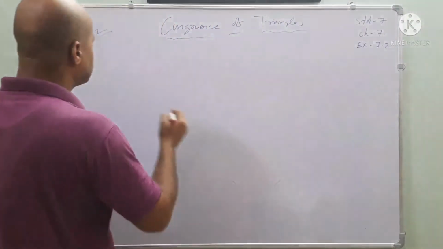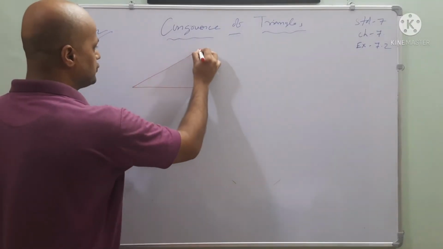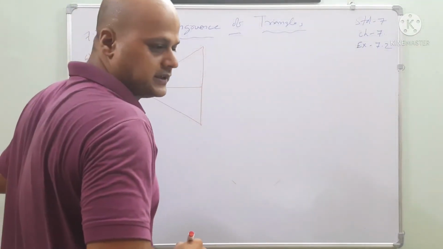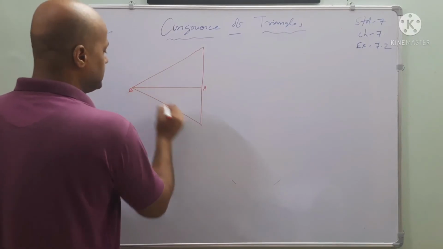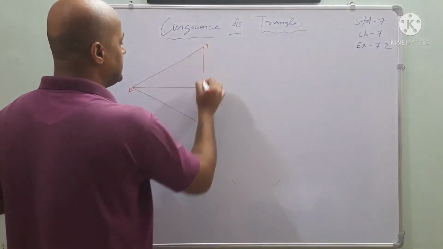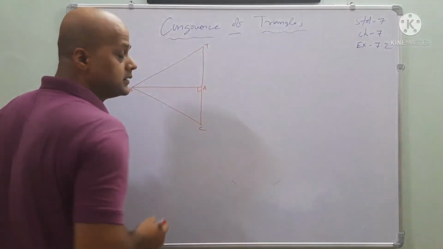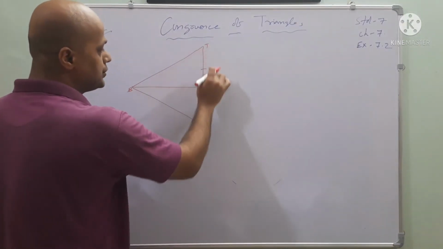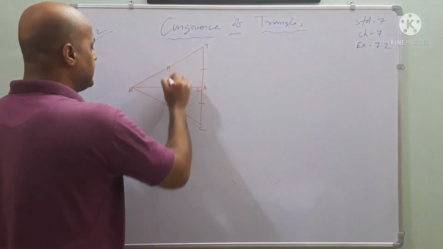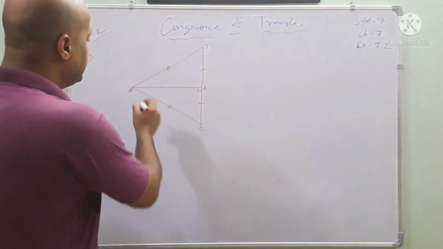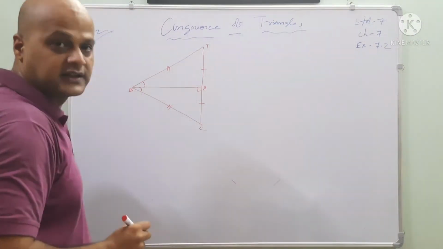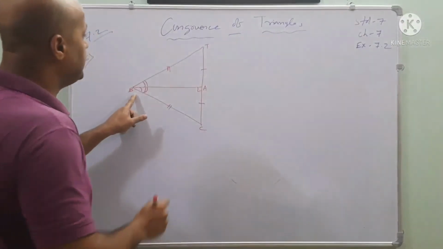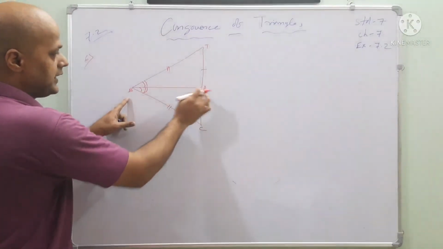What is that? Draw the triangle first. Two triangles are given. First we have to draw the two triangles. Okay? What is the name of the triangles? It is ABC and TBA. And it's saying that angle A is what? Yes, right angle. And then AC is equal to TA. Okay? Again it's saying that BT is equal to BC. Again it is given two angles are equal. Which angle? Angle B, TBA, CBA. Okay?